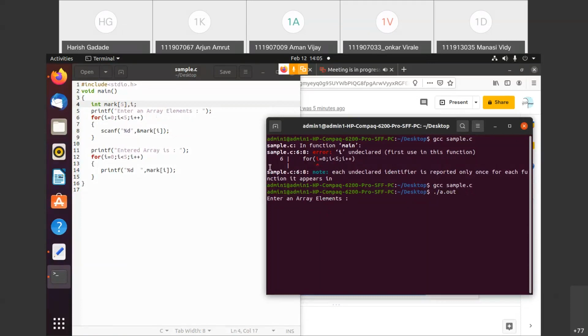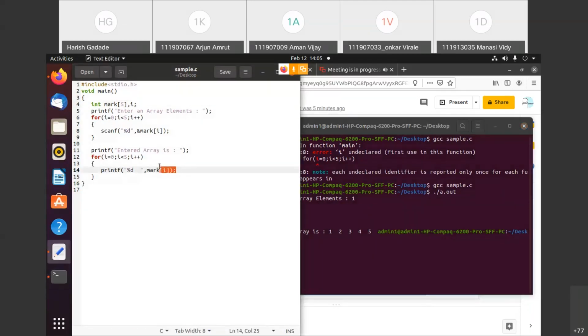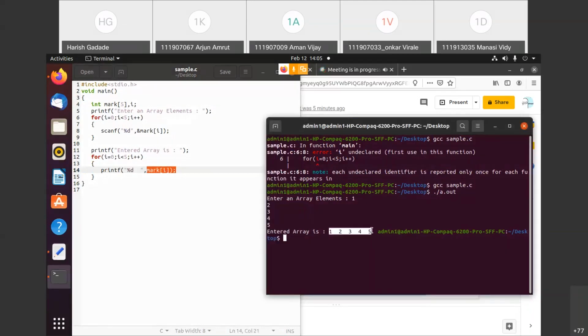Now it is waiting for that 5 elements, because we have this for loop. So I can enter like 1, 2, 3, 4 and 5, right? And you can see that output is entered array is 1, 2, 3, 4, 5. So here in this single variable we have stored all these 5 elements.